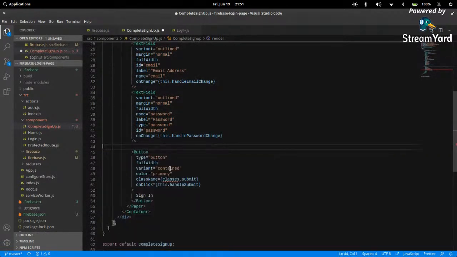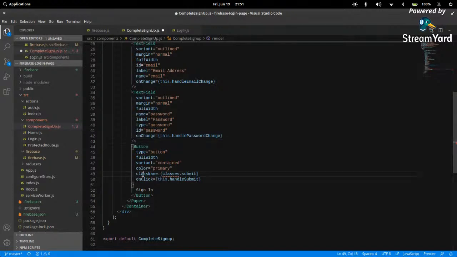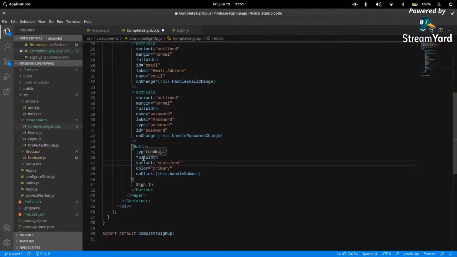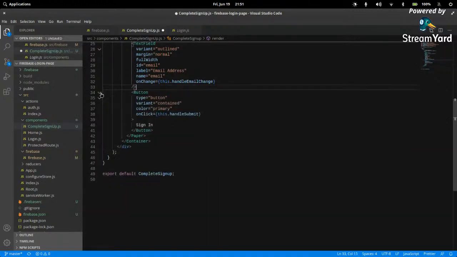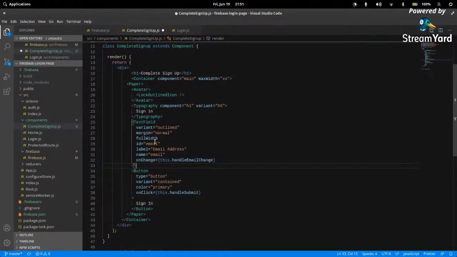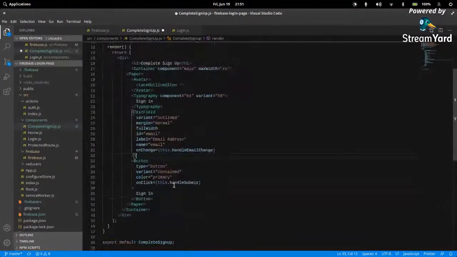And let me remove this as well. I don't need this too. Do I need a full width button? I don't think I need a full width button at the very end. I don't need a password field on this page, so I'll remove this. Other, what I need is their